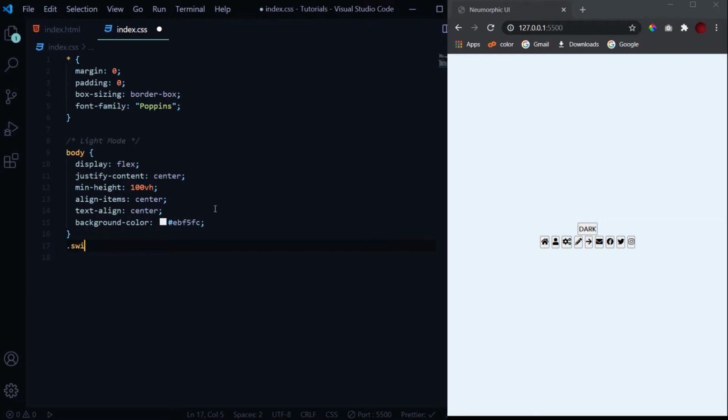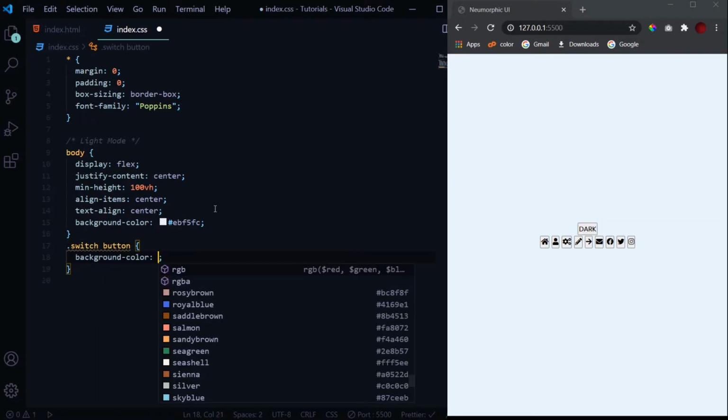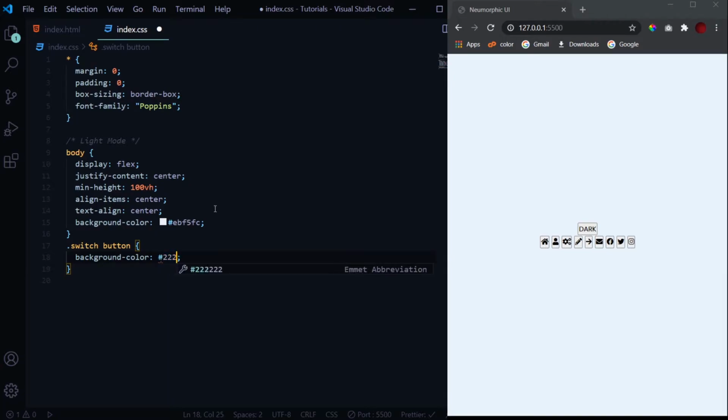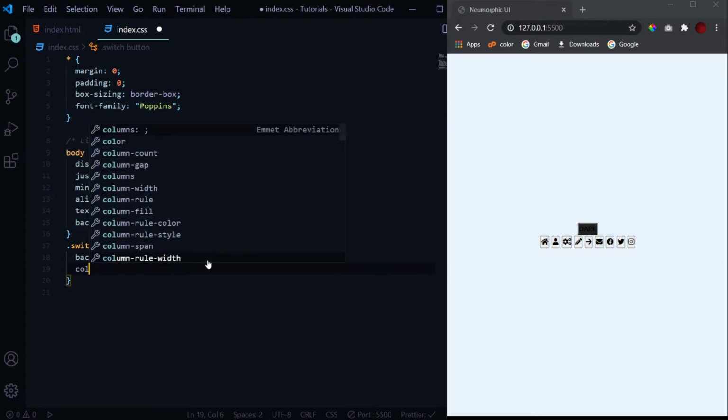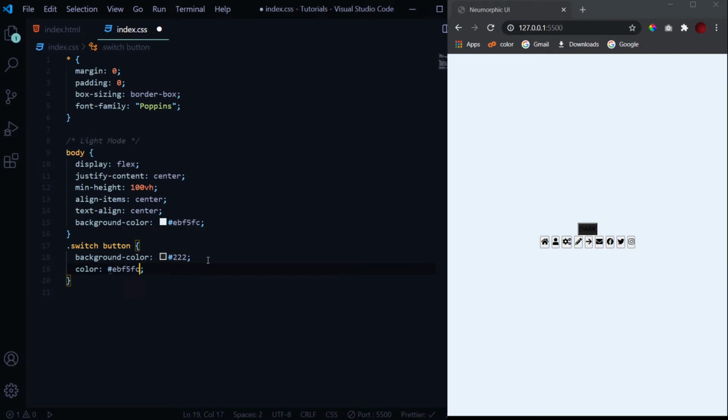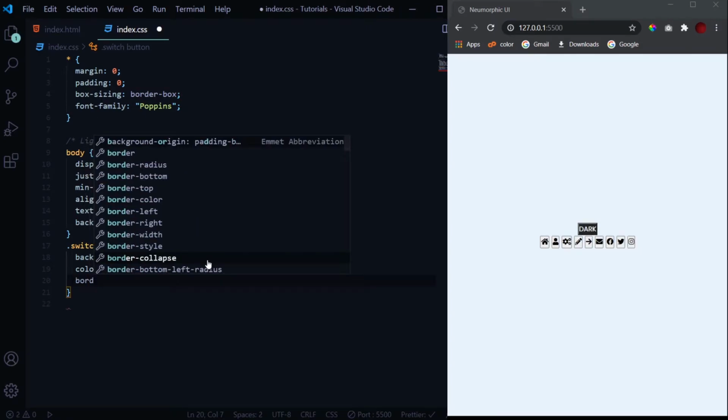So for the switch button, we will select it first, then let's give it a background color of 222. So this 222 is what we'll be using for dark mode, and this one is what we'll be using for the light mode. We need to give it a color which is the same as the background color. Remove the border from it.